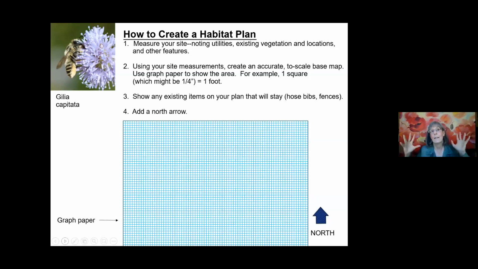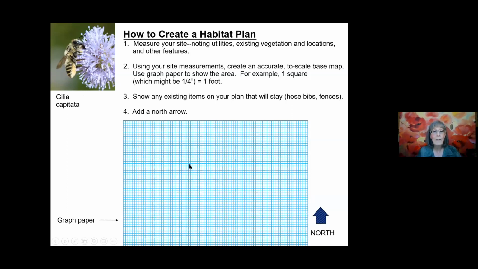How do you do it? It's not that hard. I always tell people to start off with a piece of graph paper. Graph paper comes in all kinds of different sizes. You can get little squares where 1/8 of an inch equals a foot, or a graph paper that has a square that's 1/4 inch, where 1/4 inch equals a foot, whatever. So measure your site, lay out some tapes, show where your house is, where any paving is,